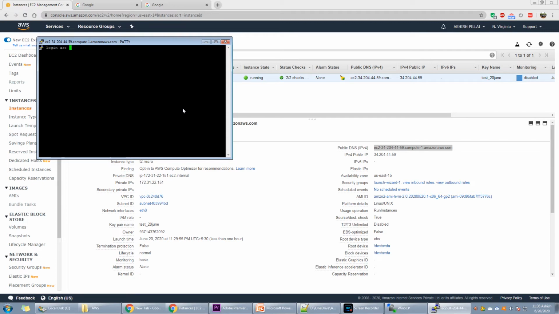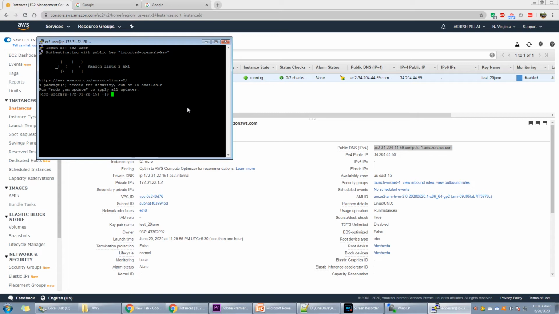When it asks for the login, enter the username as ec2-user. So now we have logged into the instance that we have created using PuTTY.